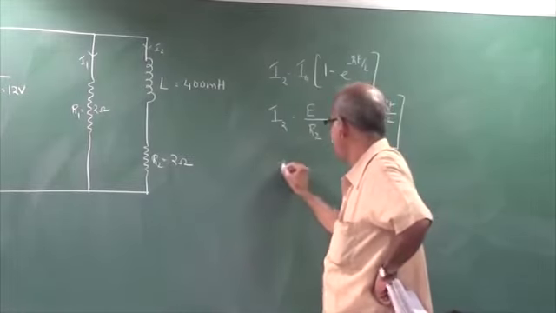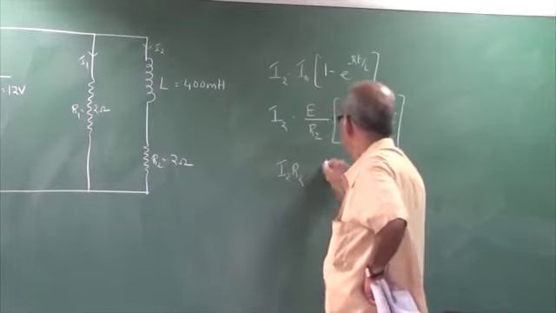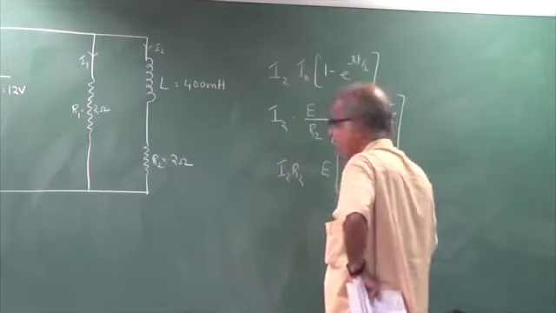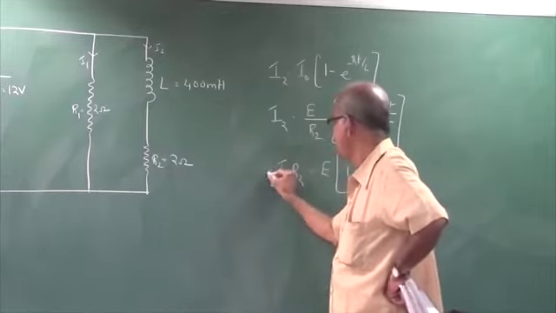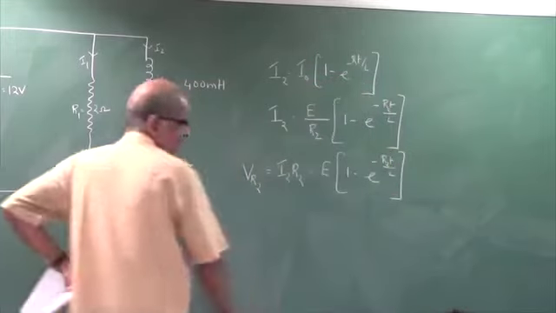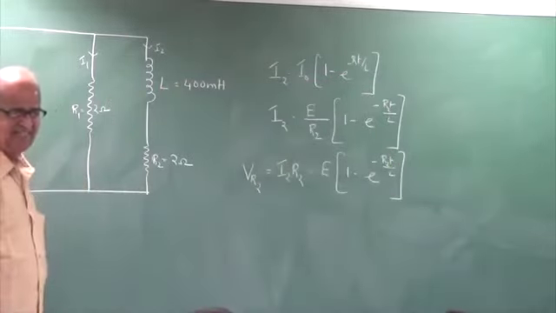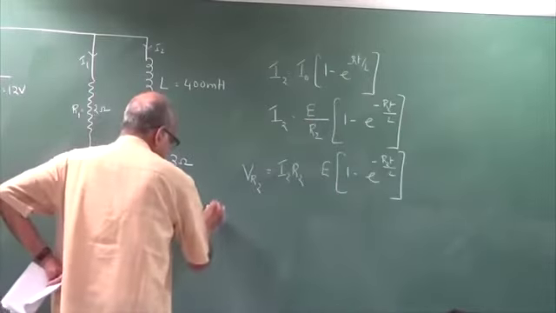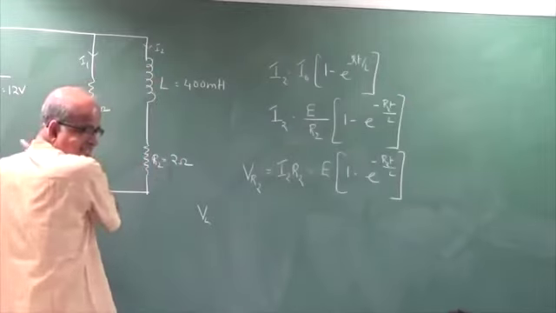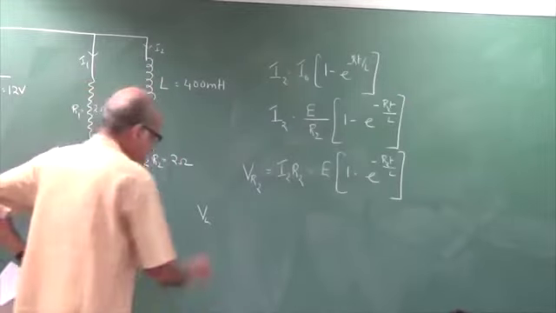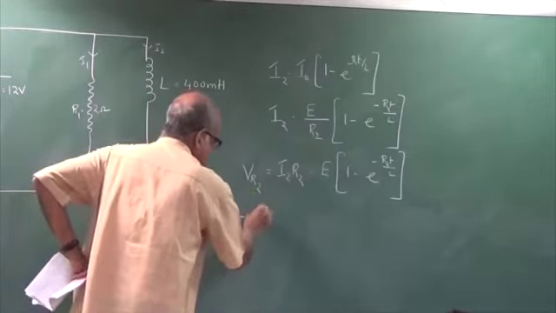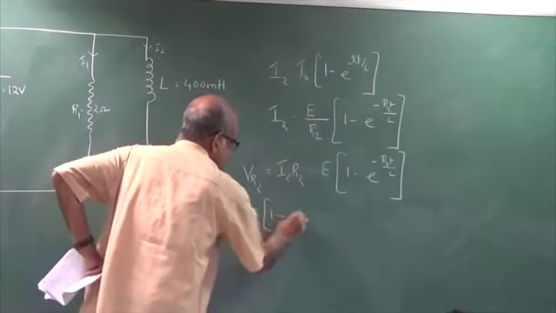What is I2 R2? That is E into 1 minus E power minus R2 T by L. Do you agree? This I2 R2 is nothing but the voltage across the resistor. So what is the voltage across the inductor? Voltage across the inductor plus voltage across the resistor is equal to the source voltage. So voltage across the inductor should be equal to source voltage minus voltage across the resistor, which is